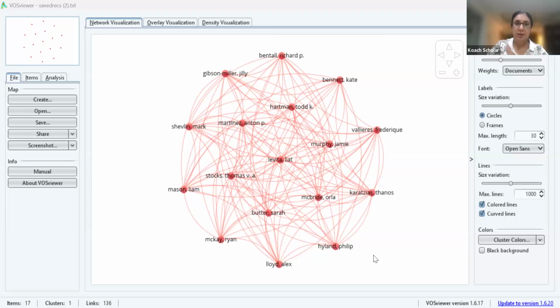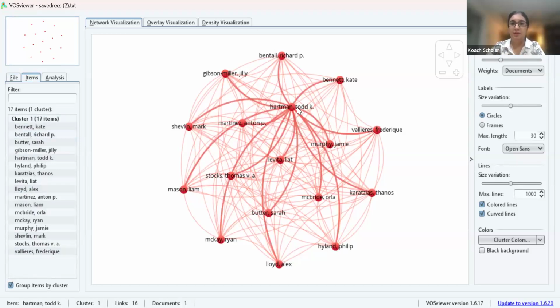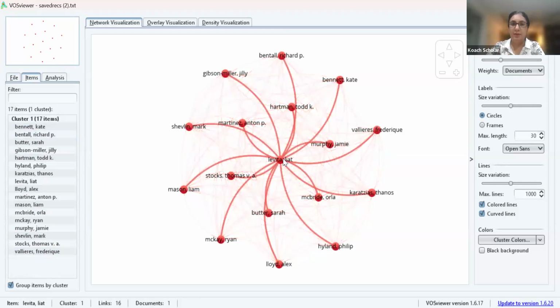Okay. Now, if you look here, see here. If you go to this main article of Bennett, Kate, or whatever the names are here, I'm sure that this must be one article, not more than that, because they have co-authored in only one. This is Hartman. Can you see? Everybody has got the same size of the nodes, same number of citations. So it is just one document where, from the lot of 80 authors, there's only one document where 17 authors have co-authored together,